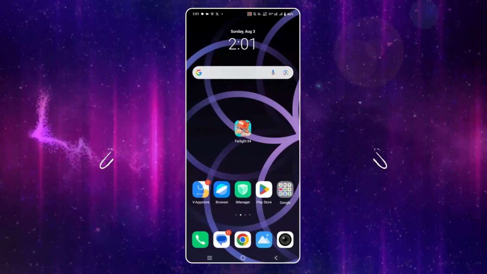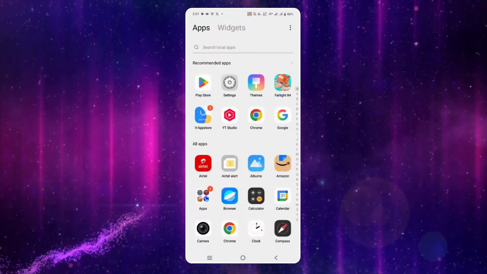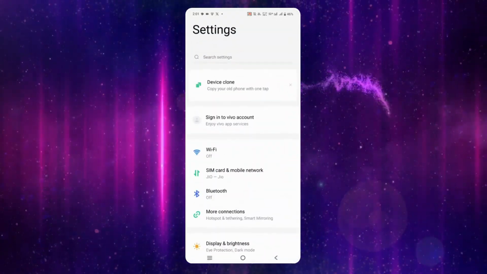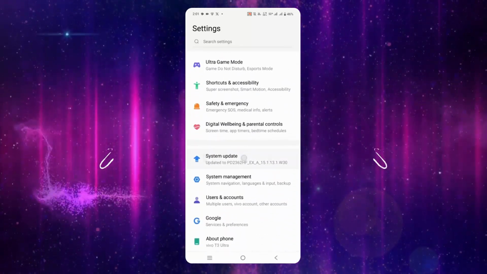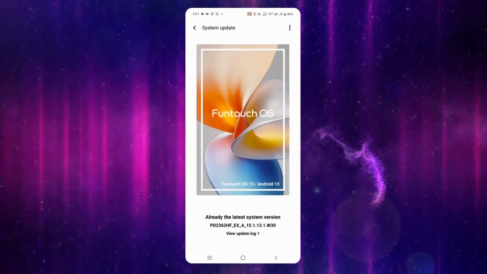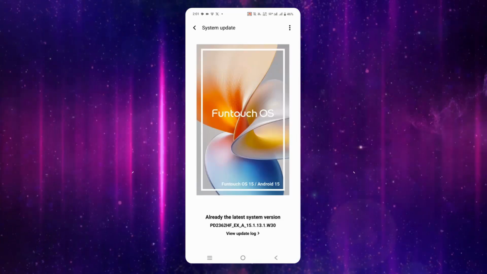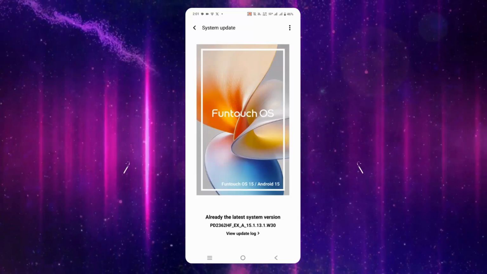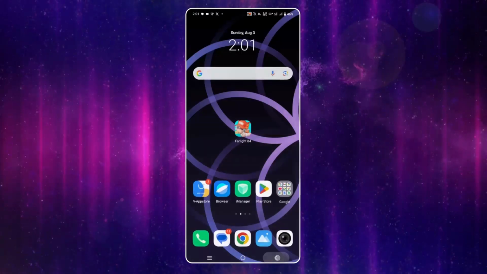Next solution suggested is to check whether your phone OS is updated or not. For that, go to settings, go below and click on the system update option, and check if there is any update available. If there is any update, simply update your phone OS to the latest version, and after that try to launch the game and check if the solution works. If not,